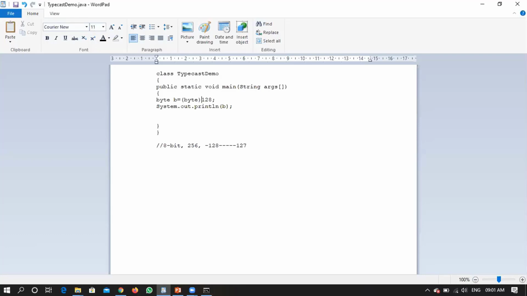Can you imagine whatever I have told now? 128, yeah, the system is considering it as an integer, right? Even though you consider it as an integer, now convert that to a byte and put that value into b.